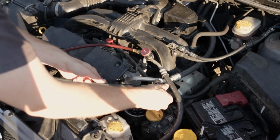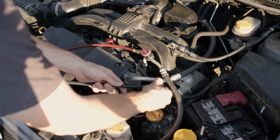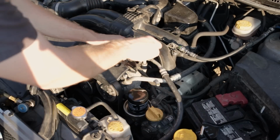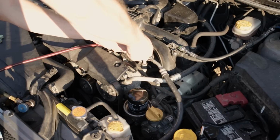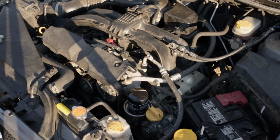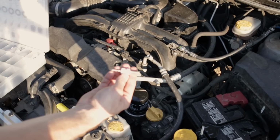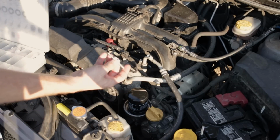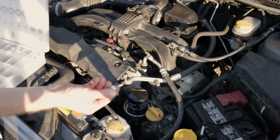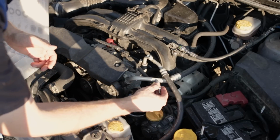All right, so again, we're going to turn our valves out to close them. Pull the connector off, both low and high side. Now we're going to take our special Schrader valve tool. It looks like this. It has a small and a large end. Usually the small end is for your low side port and the large end is for your high side port. Simply insert